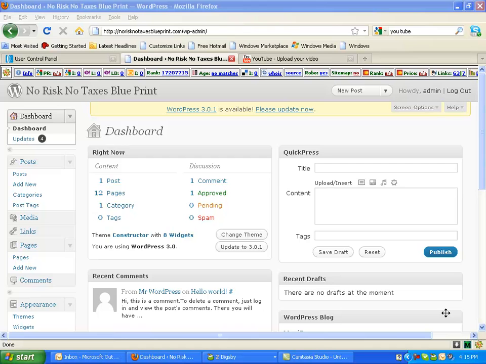A big part of how Google ranks a site, where it falls in the search engines, whether it's on the first page or the 157th page, is by how much content you're putting on the site. So that's the first part, just adding posts and content to your site in order to help with